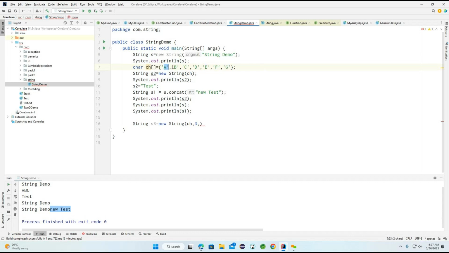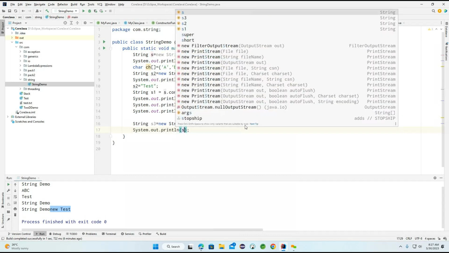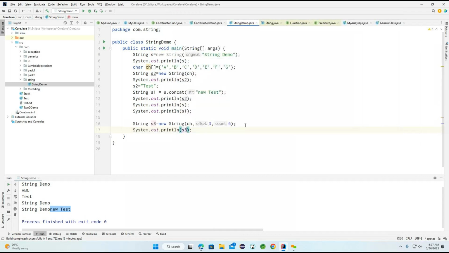Directly you can provide the number. So 0, 1, 2, 3, 4, 5 and 6 here. So this particular 6 number we can provide here. Now this object is going to be created. Now after this, if you print this particular S3,